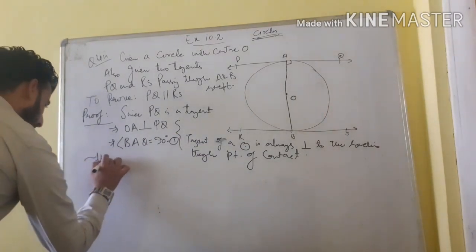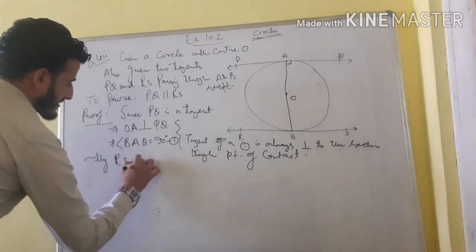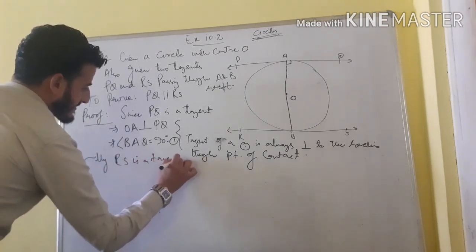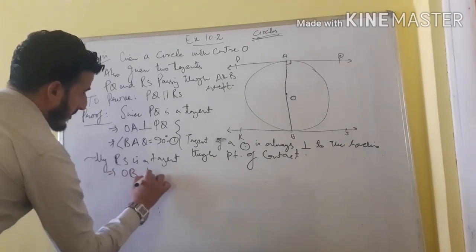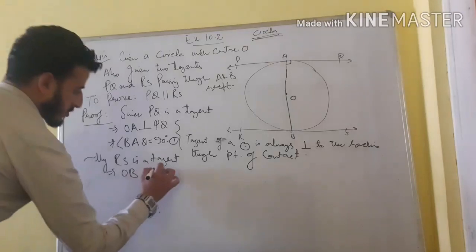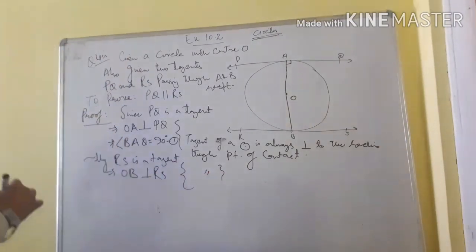Similarly, now RS is a tangent. इसी तरह RS भी एक tangent है, तो हम कह सकते हैं OB जो होगा वो perpendicular होगा तो RS. Because of the same statement you can write here,